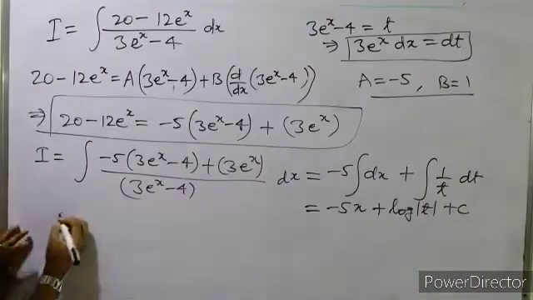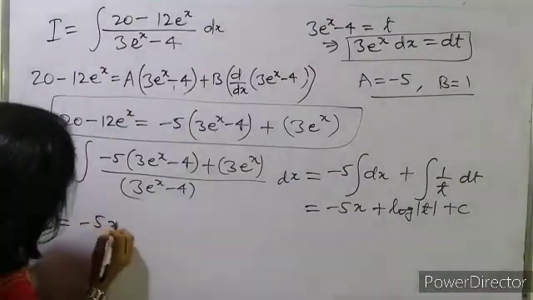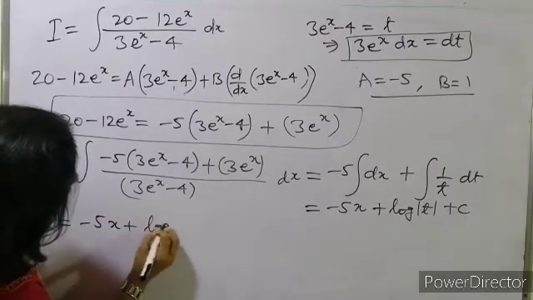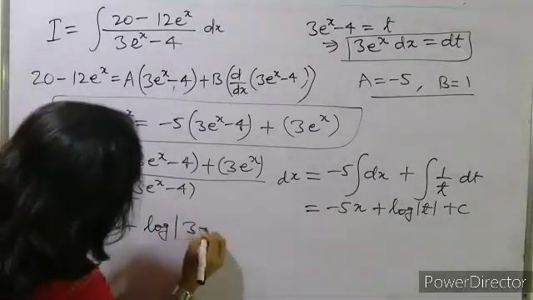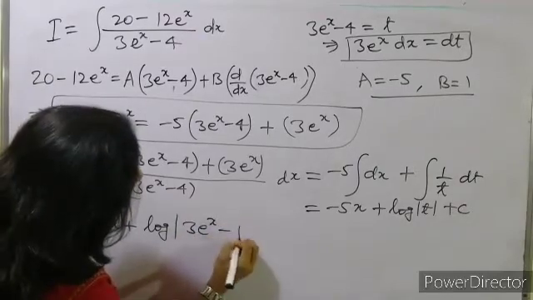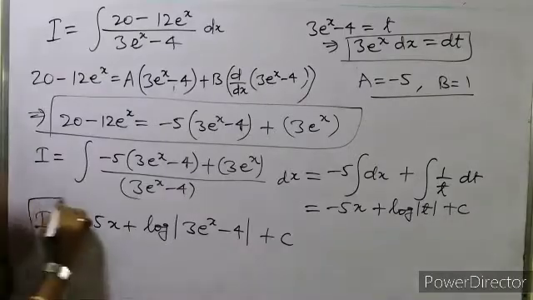Now we'll put the value of t, so I should be equal to -5x plus log of t का value is 3 e to the power x minus 4 plus c, ठीक है, सो ये होगा हमारा